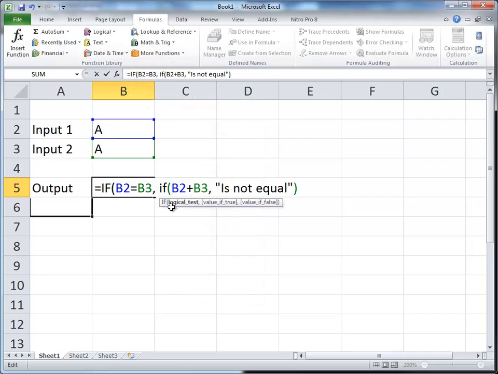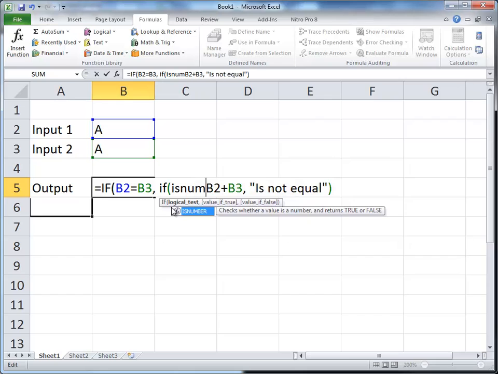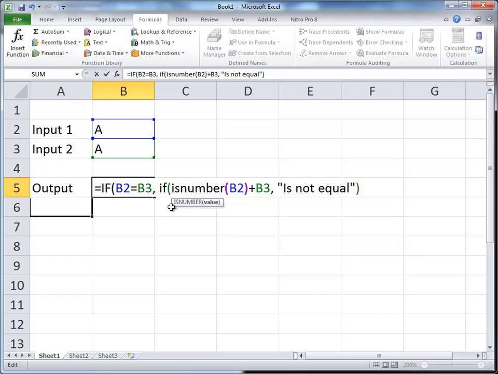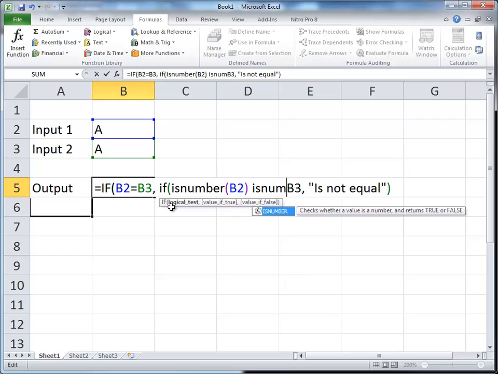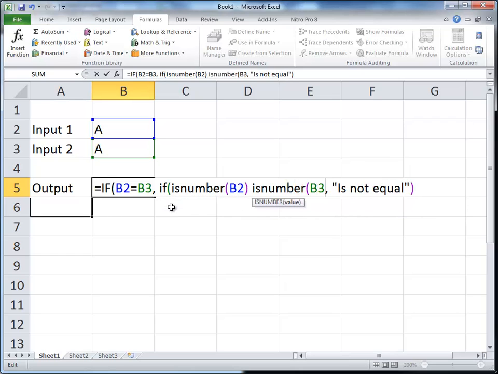So I'm going to type IsNumber, open a parentheses, and do B2, and then I'm going to type IsNumber, oops, and B3,